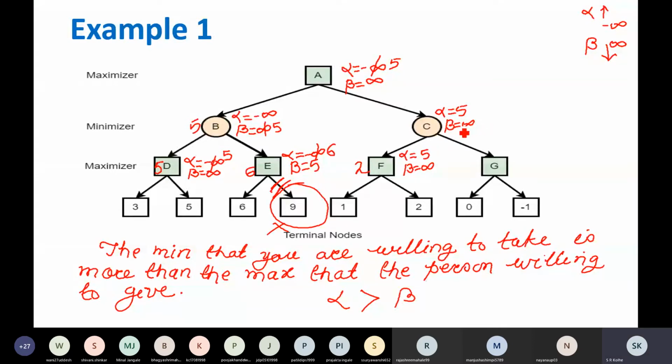The value of beta is infinity. So whether 2 is better than infinity for beta, the beta value will always decrease. So the value of F is 2 because F is going to select this option. It's a minimizer, so it is right now at C. C knew that I am getting 2 from this side. Beta is infinity. So will the value of beta change now, because it's a minimizer node?